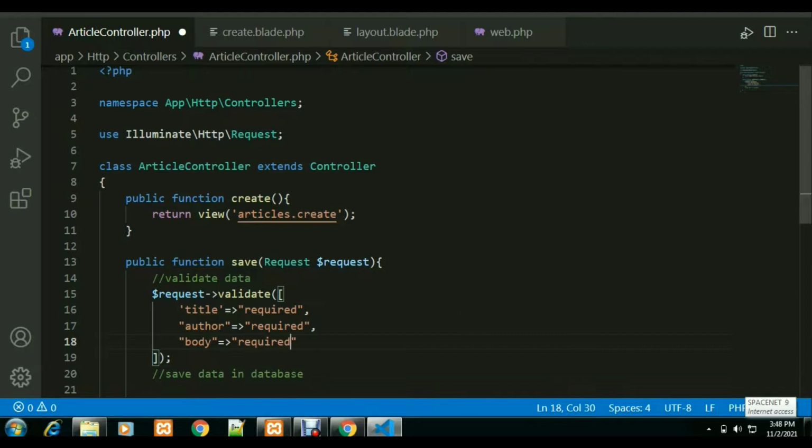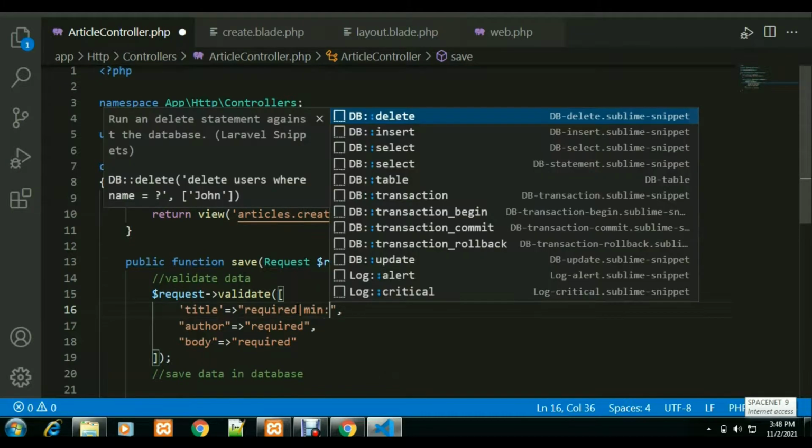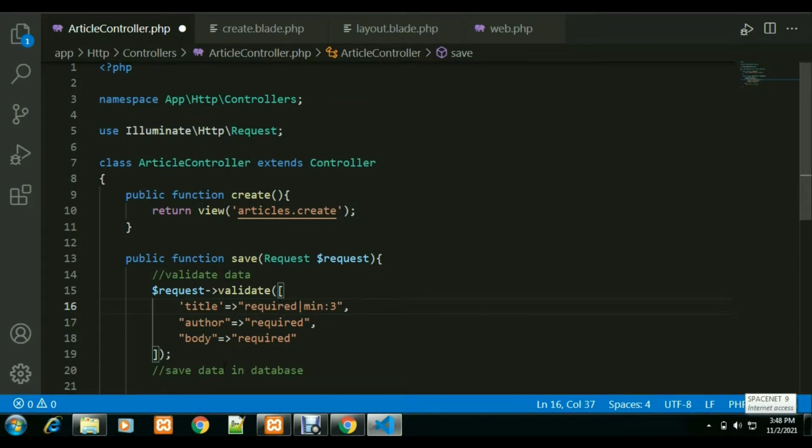So these three fields are required. Suppose you want to use some more validation, you can use the pipe here, and minimum. Suppose I want to use minimum should be 3. So title should not be less than 3 characters. So this is the validation.